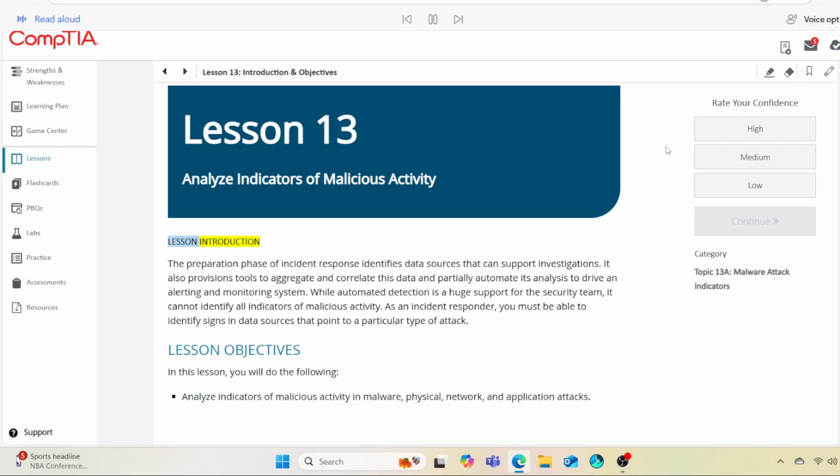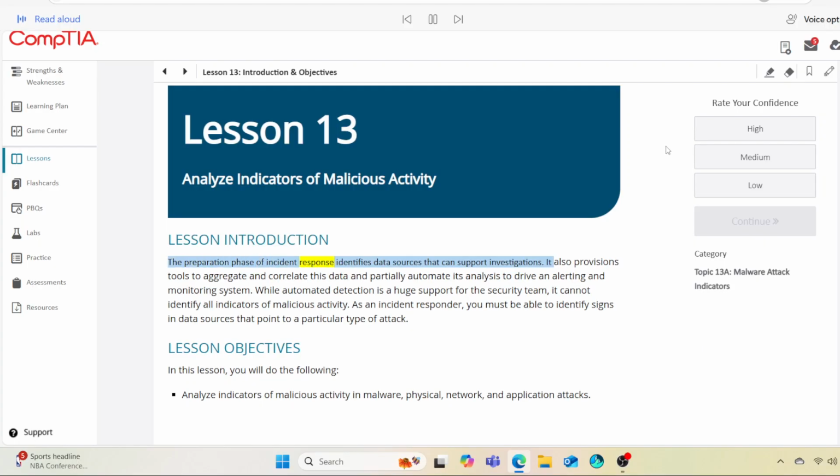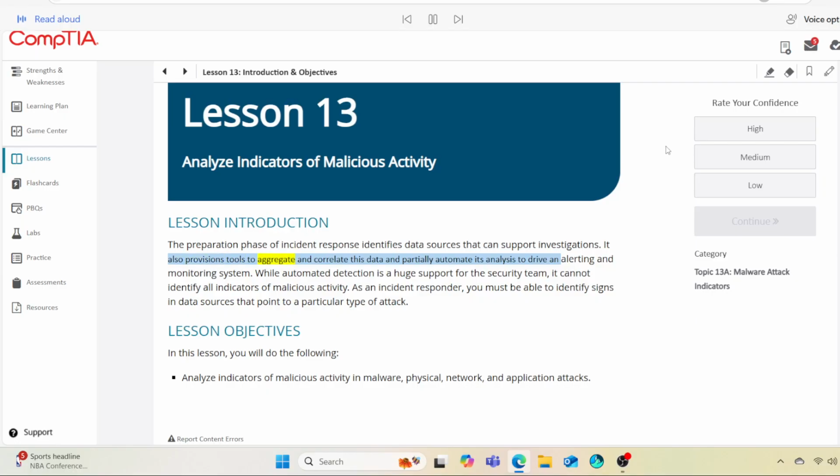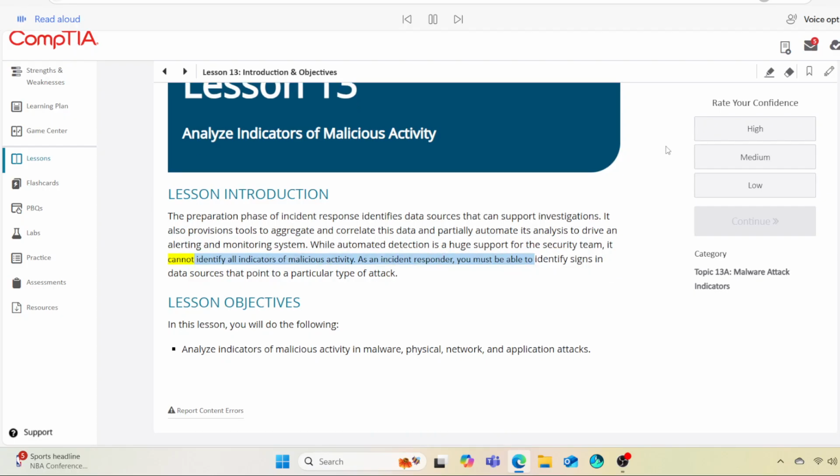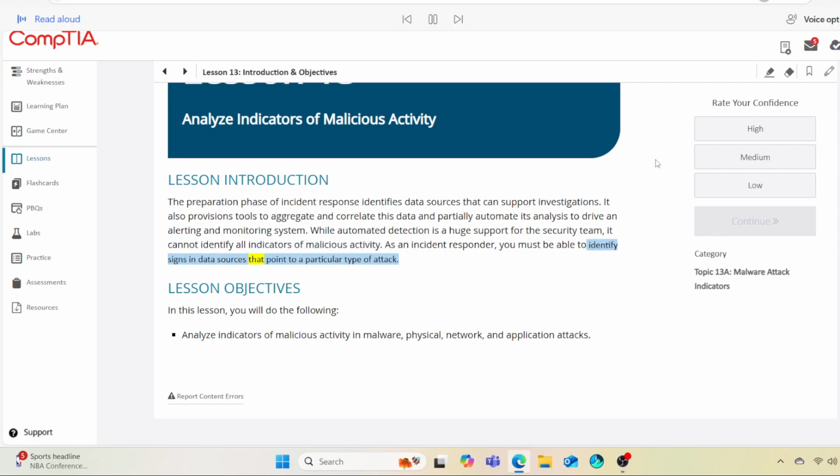Lesson Introduction. The preparation phase of incident response identifies data sources that can support investigations. It also provisions tools to aggregate and correlate this data and partially automate its analysis to drive an alerting and monitoring system. While automated detection is a huge support for the security team, it cannot identify all indicators of malicious activity. As an incident responder, you must be able to identify signs in data sources that point to a particular